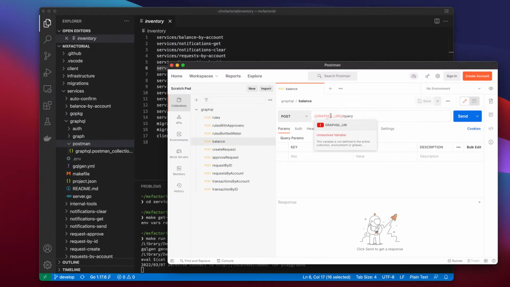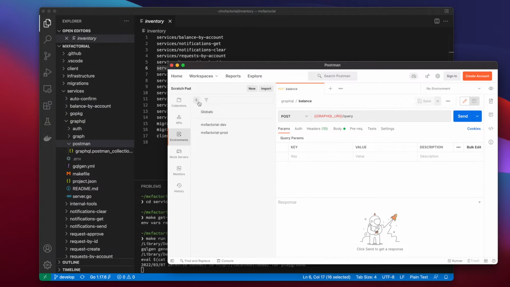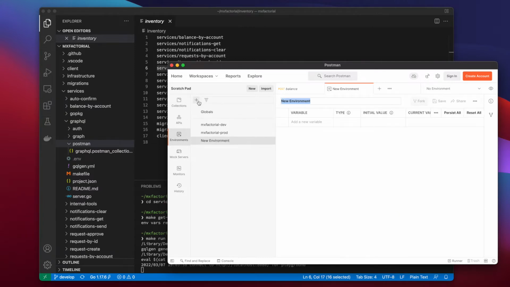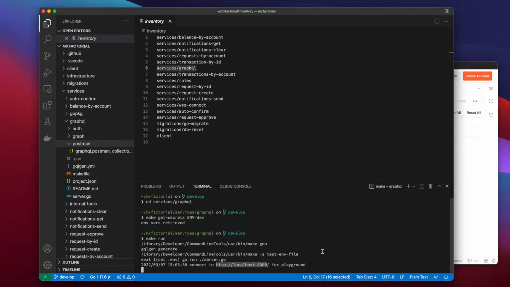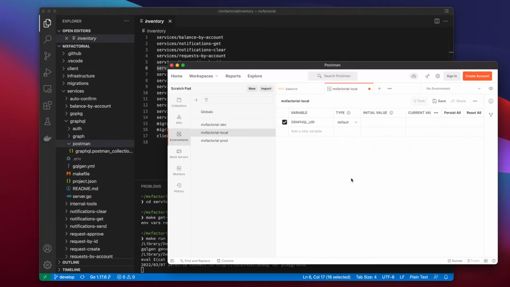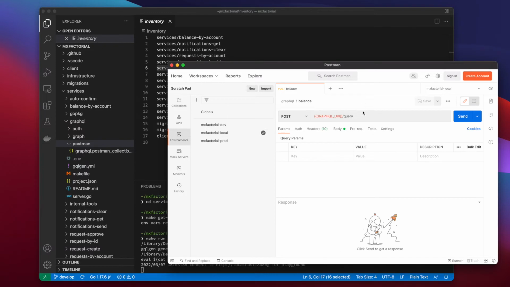This collection requires setting a GraphQL URI variable. Copy the variable name, select environments on the left side, select the plus button to create an environment, name the environment if you want, paste the environment variable name in your new environment, and assign it the address your local GraphQL server gave you, but without the trailing /. Paste the server address as your variable assignment, save the environment, set your new environment as the current environment. Now switch back to the Balance Request tab.